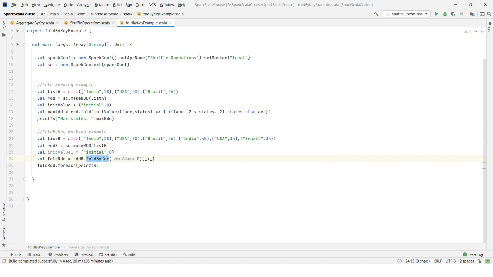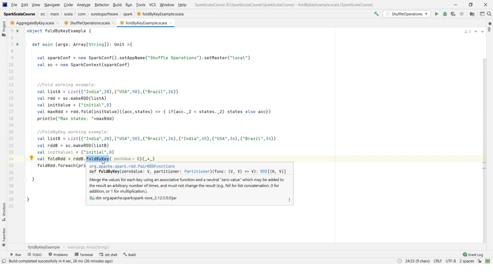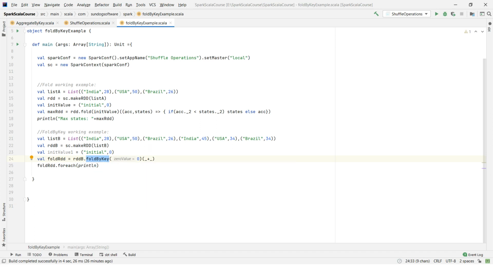And similarly foldByKey. We usually use foldByKey when we need to perform some aggregations based on the key values. In the example that I have taken, I am using the same list but duplicating the values, because I want to perform some aggregation based on the key. I am creating the RDD, and the initial value I have taken is 0 because I am performing addition here.